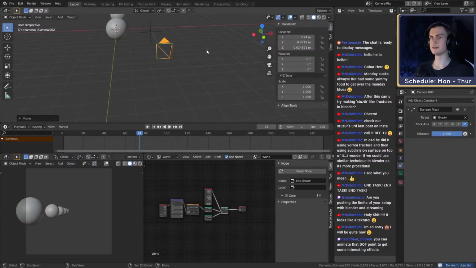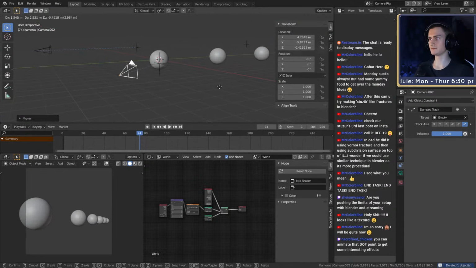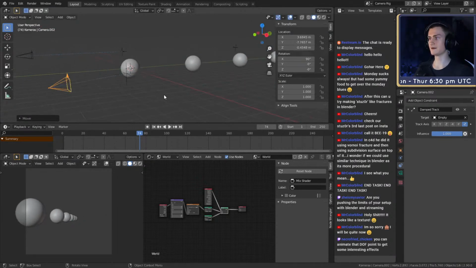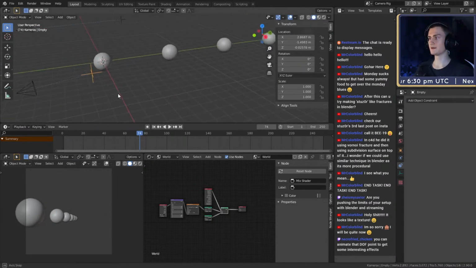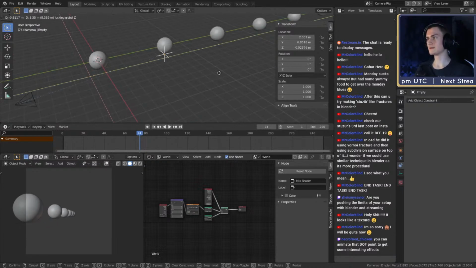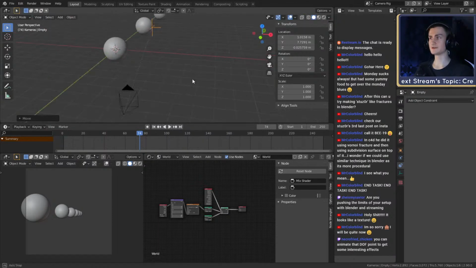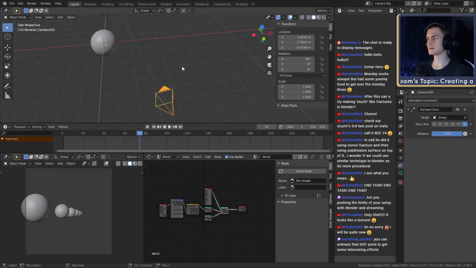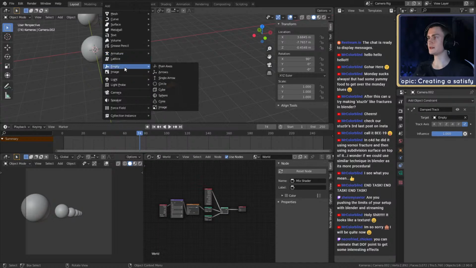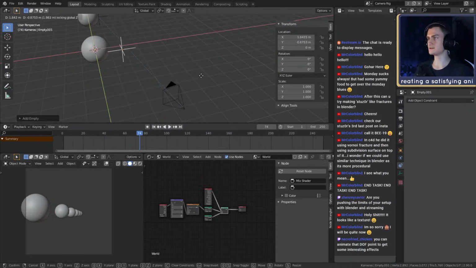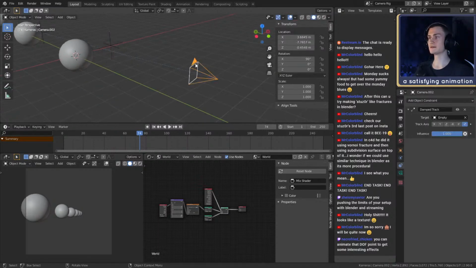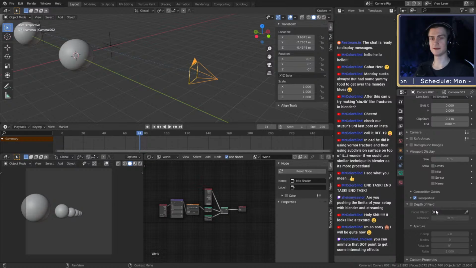Let's keep the damped track and set up your scene. Maybe put the camera somewhere over here, so we have all the objects in the scene. We want to focus on this sphere right there, and then the next part is going to be the depth of field. What I mean is, if we bring another plane axis into the scene, we can then go to the camera panel now, camera settings. You can see we have this depth of field option.